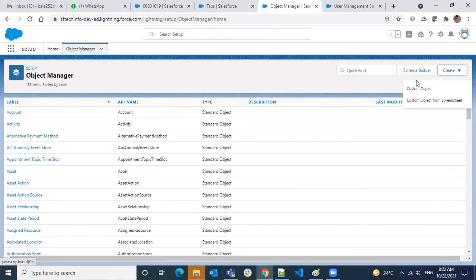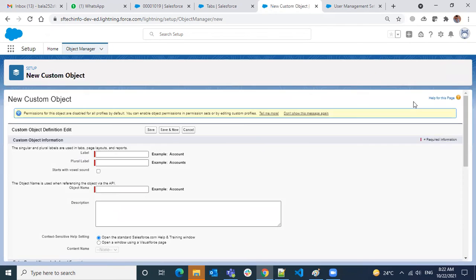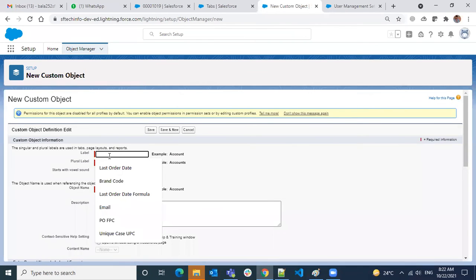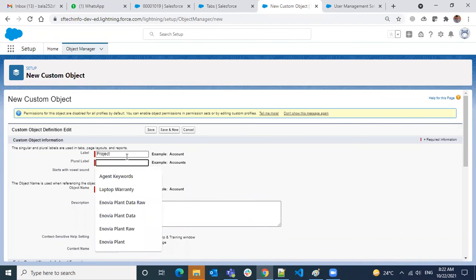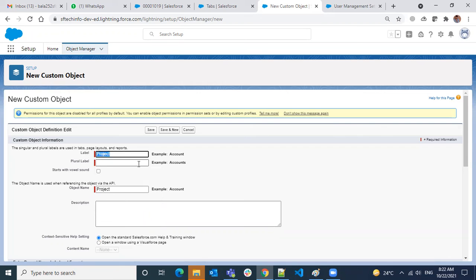If you want to create a new custom object, okay, I want to create an object called, let's say, Project. I'm going to give Project, and you have to give a plural name. This plural name is used as a tab name when you create